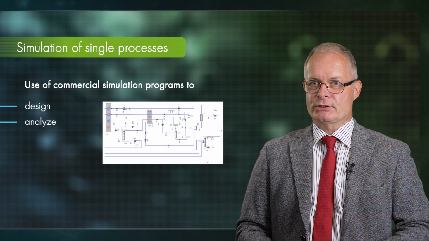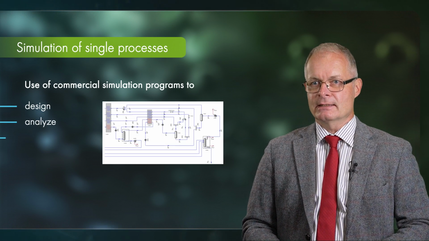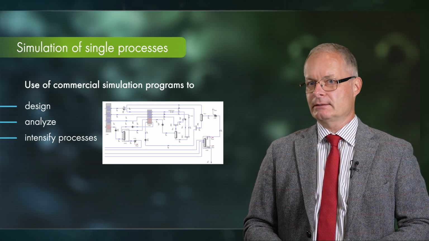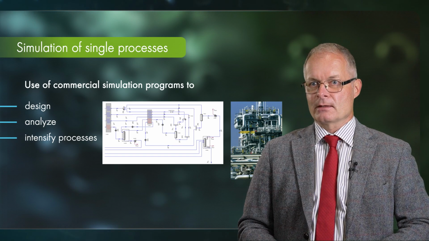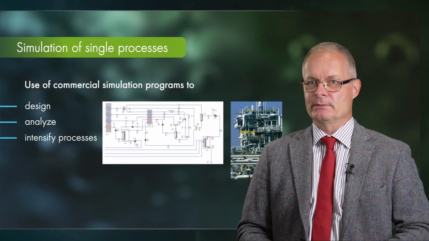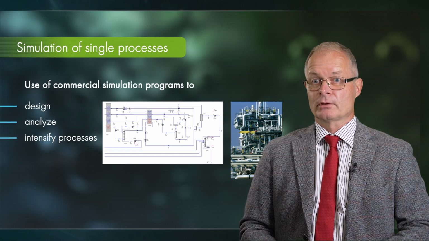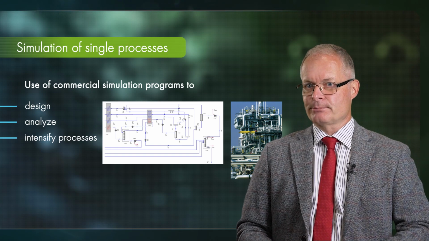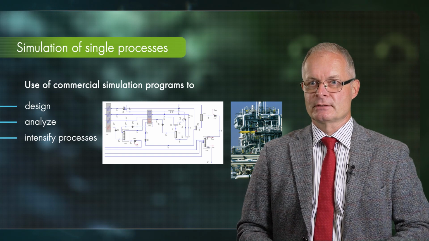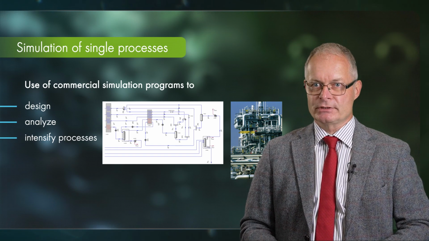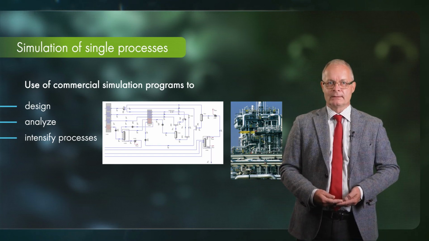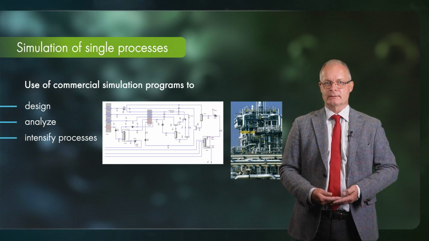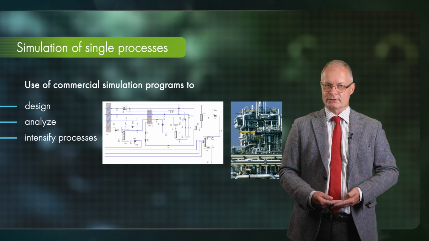Such single process simulations can be used to design, analyze, and intensify the process by conducting case studies that vary the process conditions or the feed streams. And in this way, the process itself can be optimized. Furthermore, these simulations can support and prioritize alternative innovations and can be used to scale up new technologies into commercially available pathways. Last but not least, they can also assist in minimizing cost and risk across the asset lifecycle, from technology selection through full-scale operations.